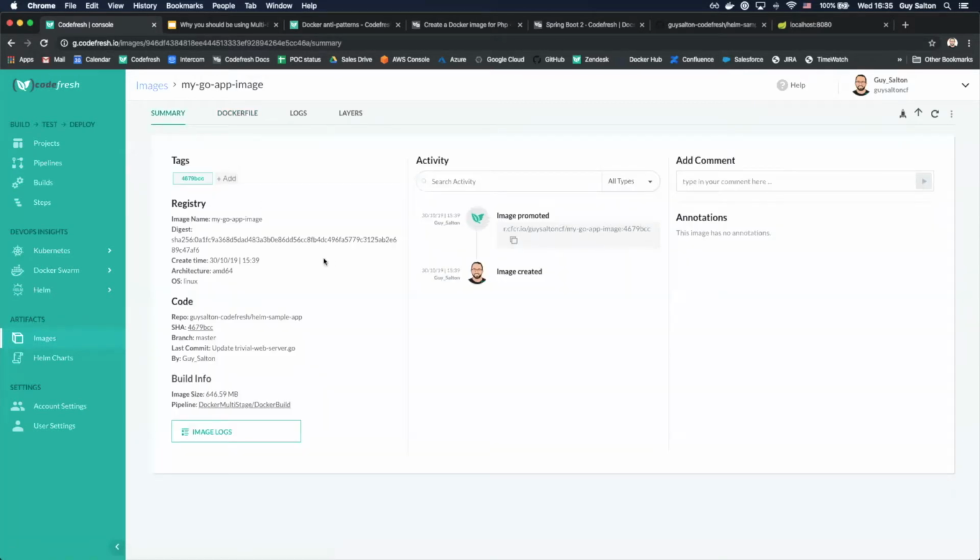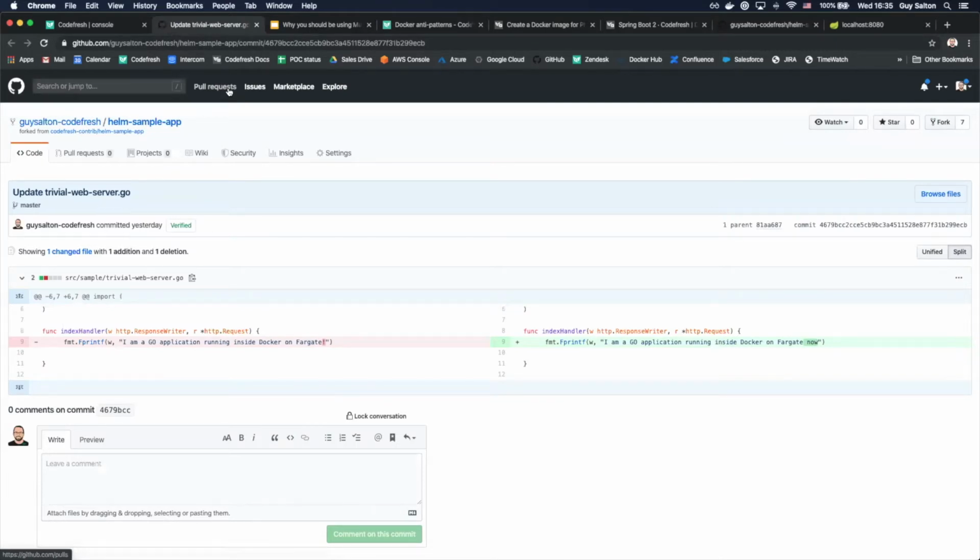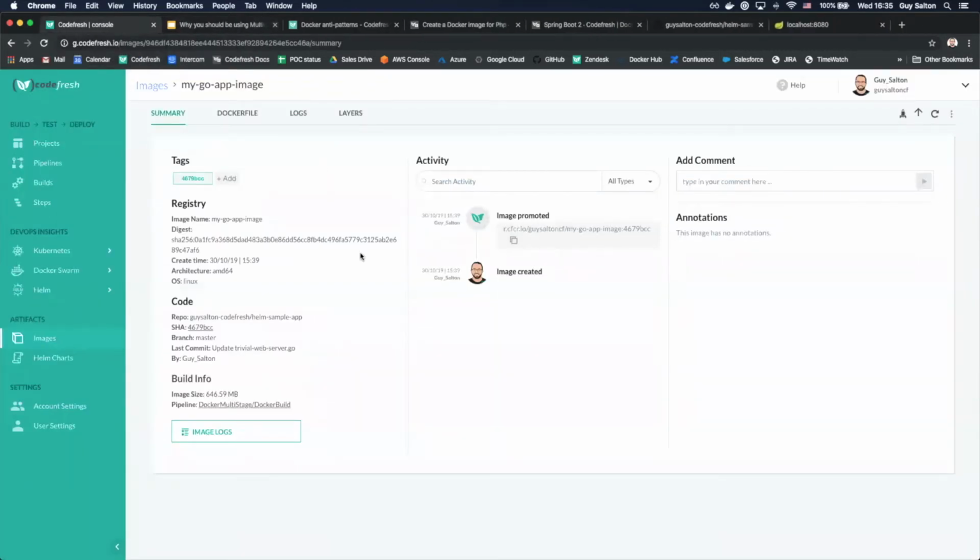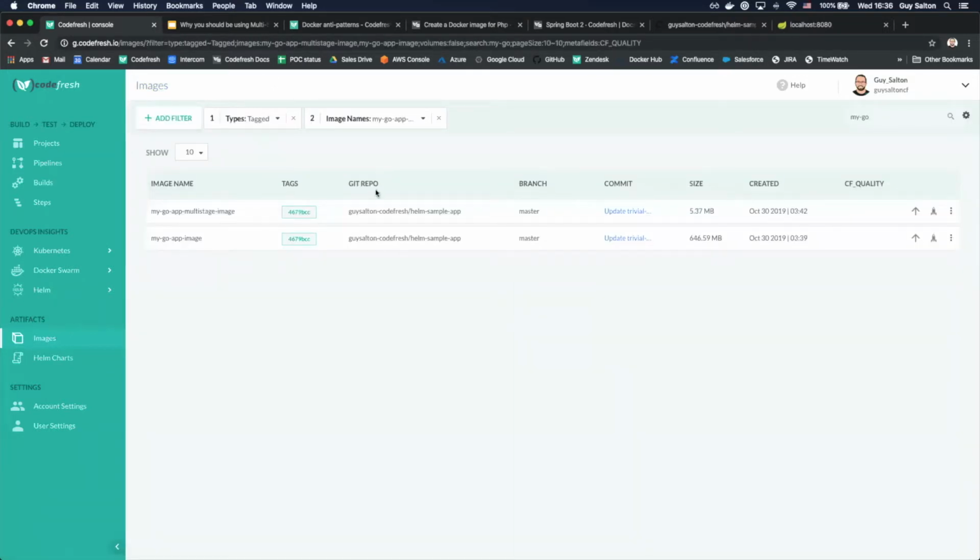And another cool thing that I can see is the code to cloud traceability. So from this image that was built, I can trace back all the way to the latest commit in my Git repository, and then understand what change triggered the pipeline that eventually built this image. So this was for the first image, and I can go back and then let's compare it to the multistage